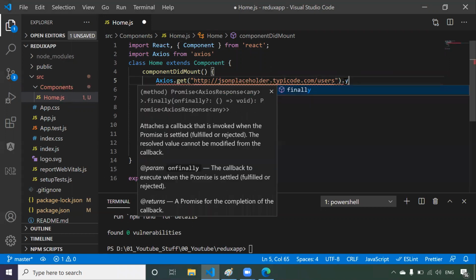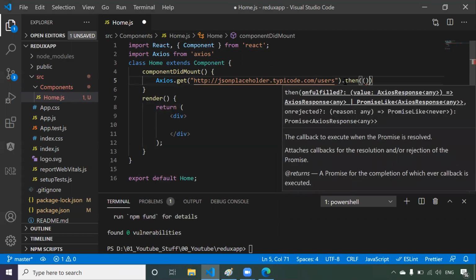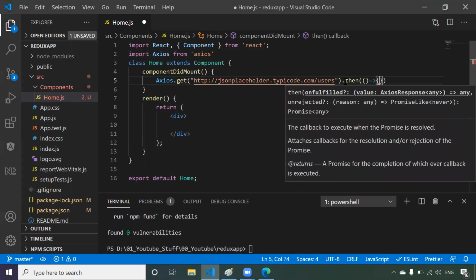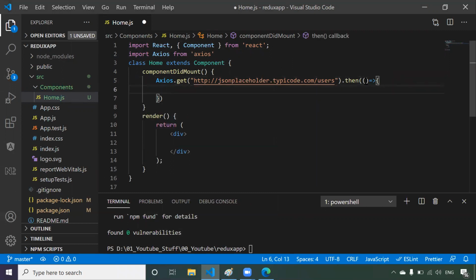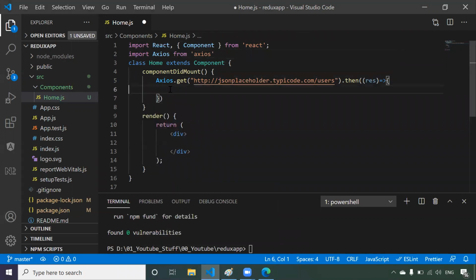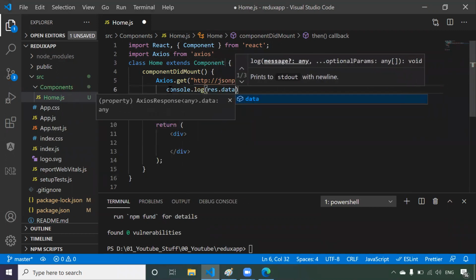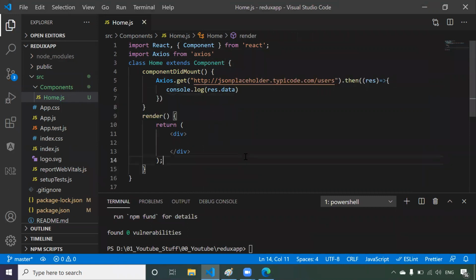So we have to handle the promise with then. It will take one callback function. If we have a success, then the data will come in this callback function. Now this is the response. Then we will do console.log of response.data.